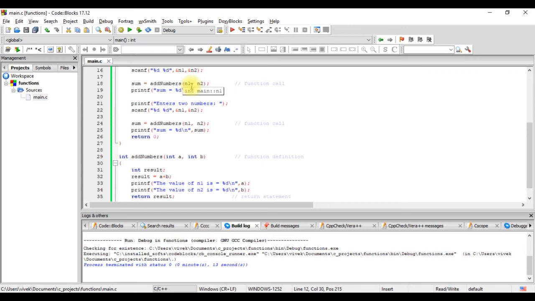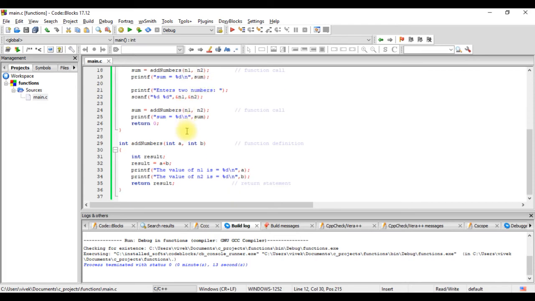There is another method called call by reference, where we do not pass the value but we pass the address where the variable is stored. Like we had discussed in the beginning of this tutorial series, variables are nothing but names to a memory location. So in call by reference, we do not pass the value but we pass the address of that particular memory location. We will see that after we have discussed pointers. For now, this is how functions work, and the method of passing arguments is called call by value. We'll revisit functions and discuss call by reference after we have discussed pointers.